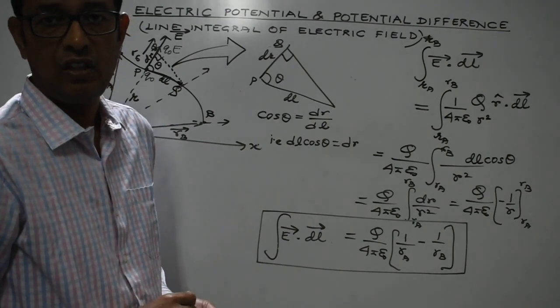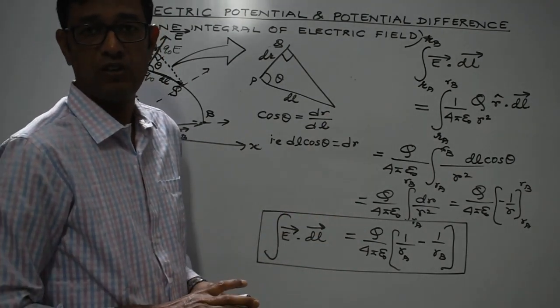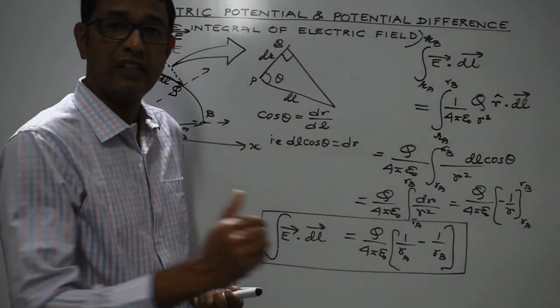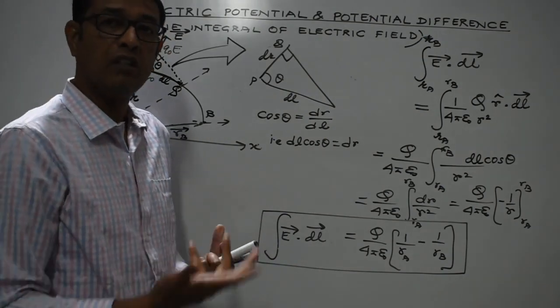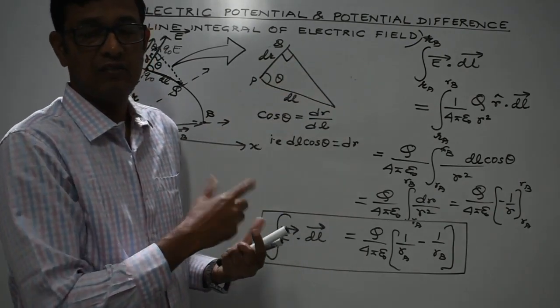conservative nature. Now since it is of conservative nature, obviously it will obey the inverse square law, right? It will be a central force, and the amount of work done in making a charge move along a cyclic path would be obviously